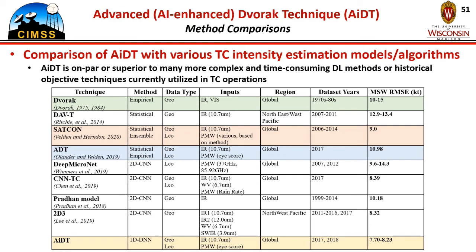Highlighted here are the AIDT, the ADT, and the SATCON presented earlier, as well as other methods such as the deep MicroNet reference previously developed by Tony Wimmers, which uses microwave imagery instead of IR. The Lee 2D3 method should also be noted, since it is probably one of the better direct image analysis deep learning methods out there right now that uses convolutional neural networks to directly analyze the IR imagery as shown in this